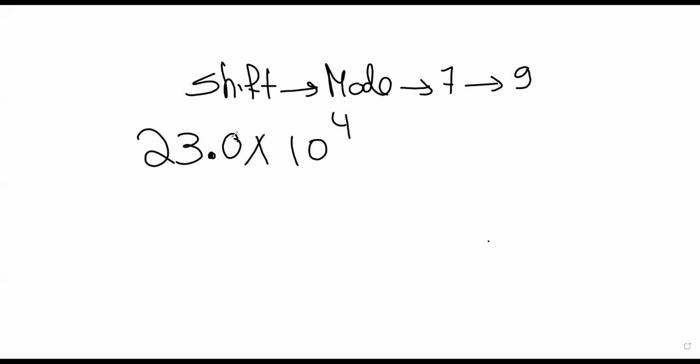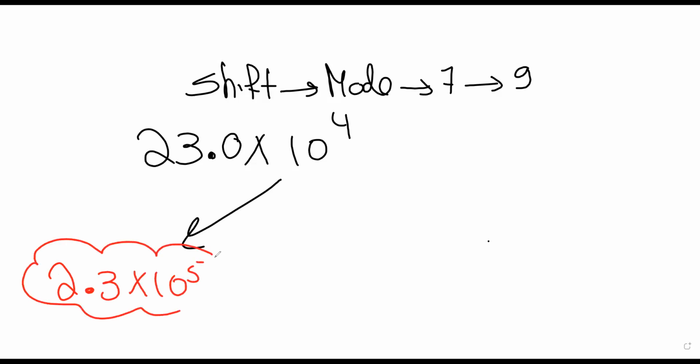And I'm going to change the calculator back to normal, back to scientific. أهو shift mode 7 9. And I'm going to put this on the calculator: 23 times 10 to the power of 4. هتلاقوا الإجابة إيه؟ الإجابة is 2.3 times 10 to the power of 5. Now I want you to compare the red to the black. البوينت كانت هنا بعد ال 3. أنا علشان أرجعها standard form